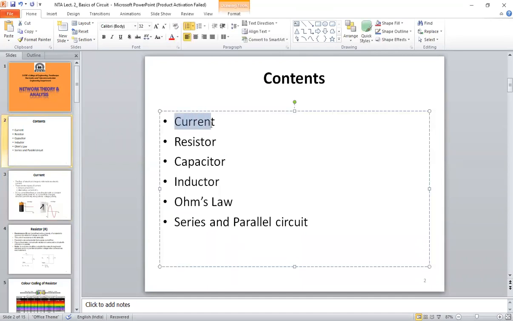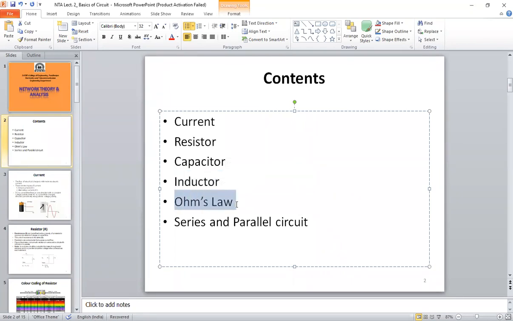We can start from what is the current, then we can discuss the working of resistor, types of resistor, then capacitor and inductor along with how they get formed, and what will be the behavior for DC and for AC. Then if a number of capacitors are connected in series and parallel, how to find the equivalent capacitance. If inductors are connected in series and parallel, how to find the equivalent inductance. What is the role of capacitor and inductor in the circuit, and what are the types. All these points we can discuss.